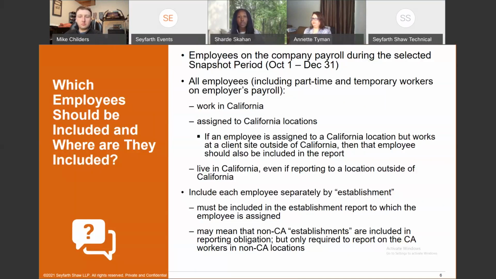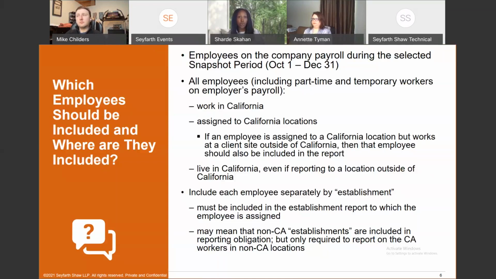And then the last category will be employees who live in California, again, even if they're reporting to a location outside of California. So maybe this employee is reporting to a Minneapolis site, but they're living in San Francisco. So that employee is also going to be included simply because they are living in California and that's their ties